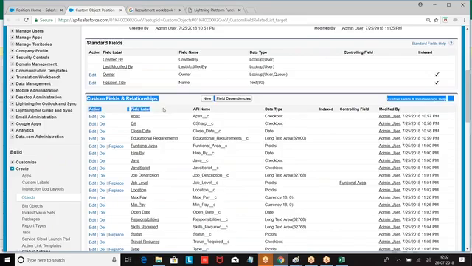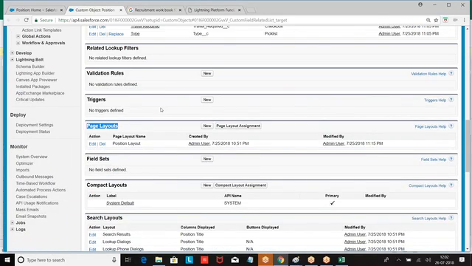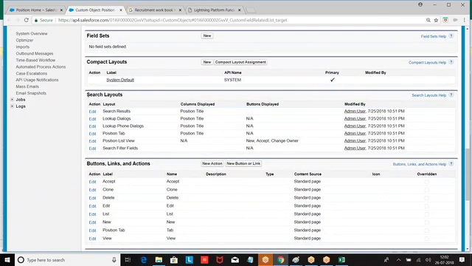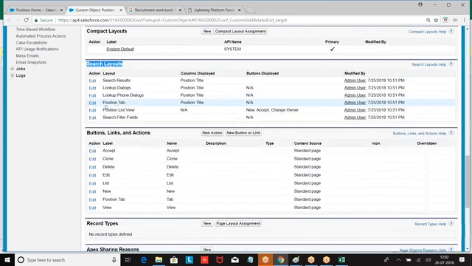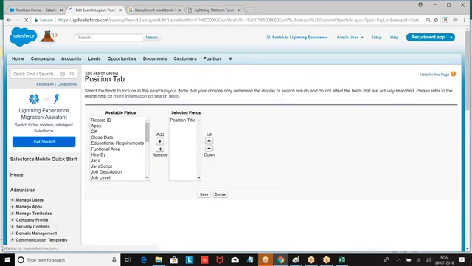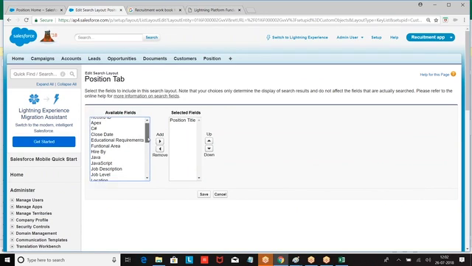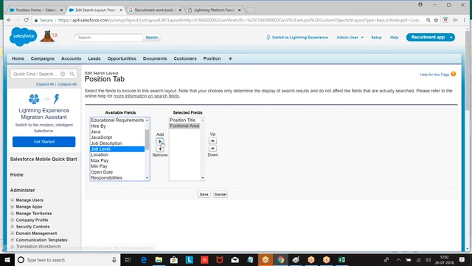When you scroll down, custom fields, page layout, what are you finding here? Search layout. In the search layout, what are you finding here? Position tab. When you click on the position tab, which field should be displayed? Position title, functional area, job level, location, max pay.